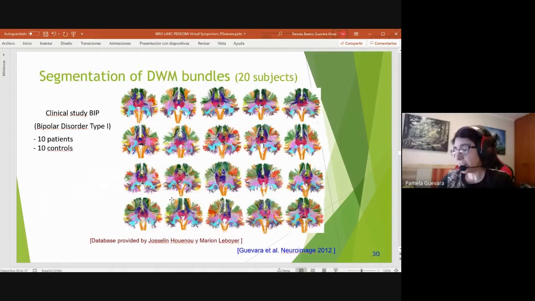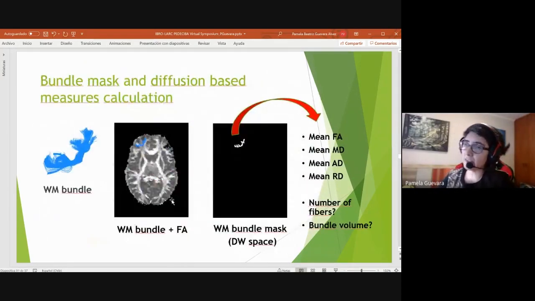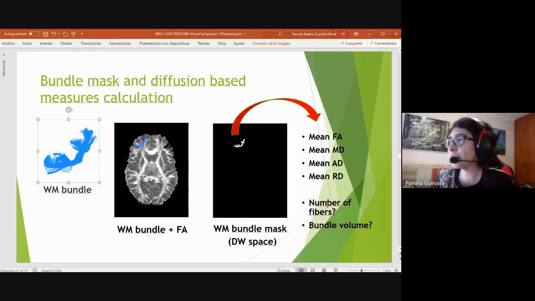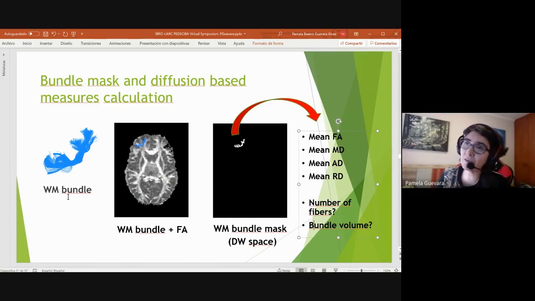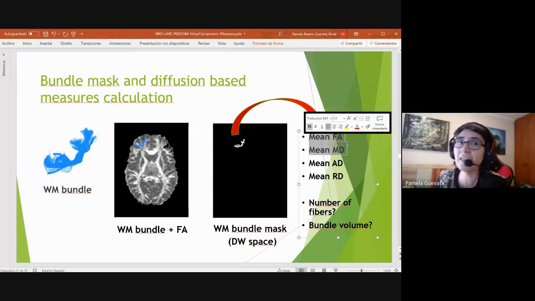Once we have the fibers, the main thing that is done is, as I said, the number of fibers, the bundle volume, etc., is difficult to study because the tractography is very noisy. So we don't know if we can find a relation between the number of fibers and some clinical score, for example. No, but what has been found to give useful information is the diffusion measures that are calculated from the diffusion